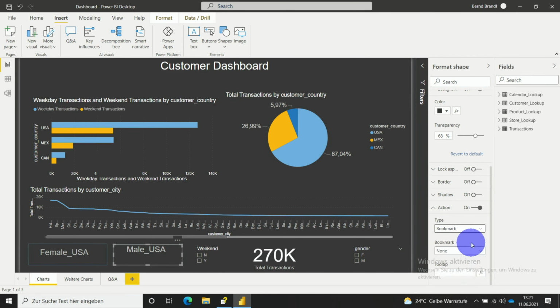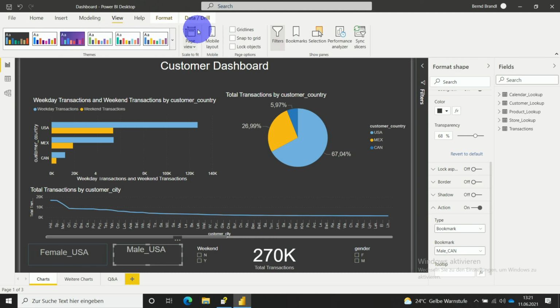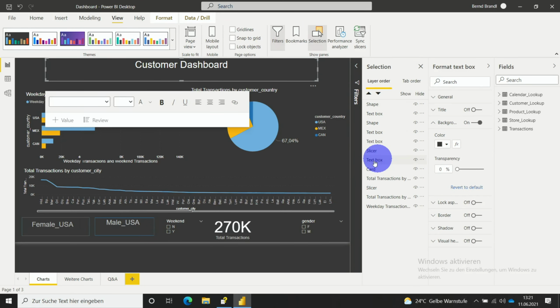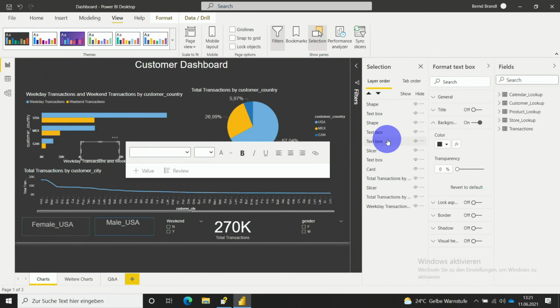And bookmark means, in this case, it's male. Also male Canada, of course. So male Canada is this one. And what you want to do is, you can go here, and of course you can pick the view. I go to selection and pick my text box. And what I want to do is, after picking the text box,